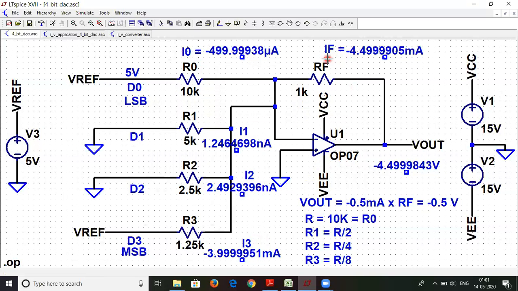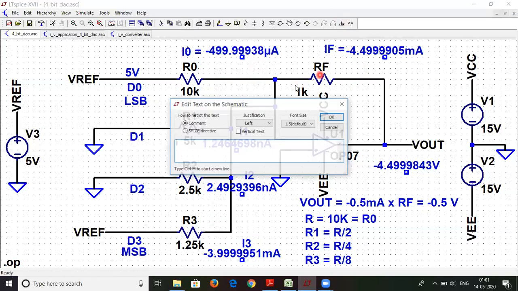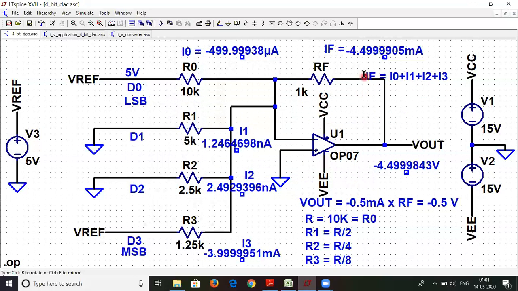IF is basically the total current flowing over here, which is the combination of I0, I1, I2, and I3. So we can write it somewhere over here: IF is I0 plus I1 plus I2 plus I3. We can verify this simply by the summation of currents.